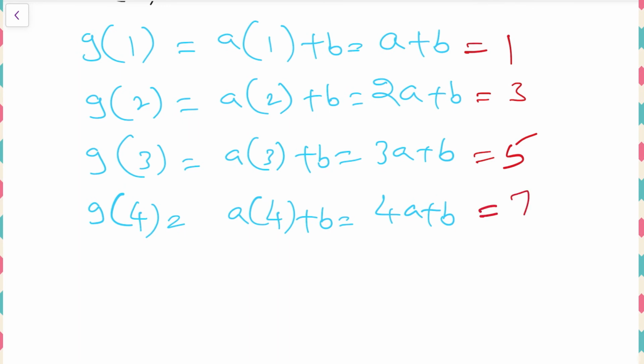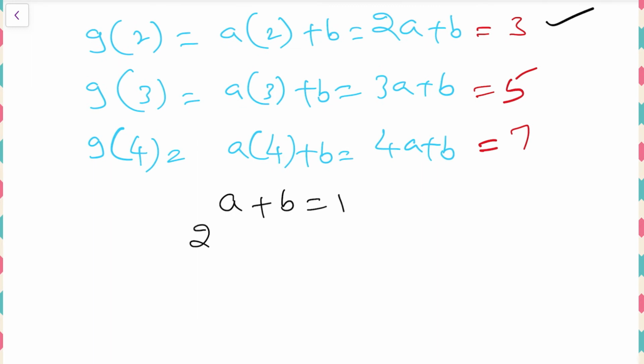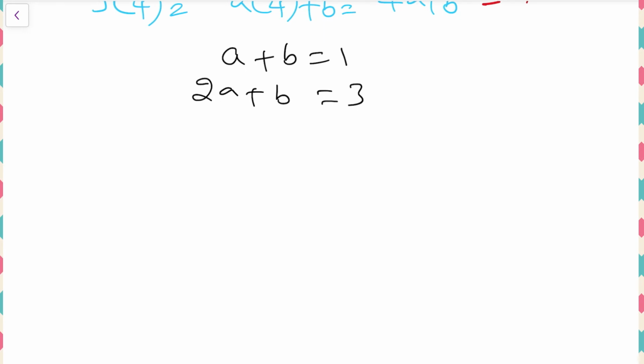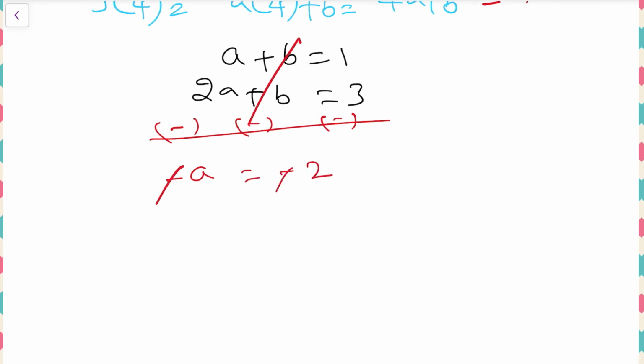Now out of all these 4, take any two equations of your wish. I am going to go with the easy equations only, that is the first one and second one. So the first equation we have a plus b is equal to 1, and the second equation we have 2a plus b is equal to 3. Both the equations I will subtract. So 2a will become minus a, plus b minus b cancel, 1 minus 3 is minus 2. Minus minus will get cancelled. So we remain with a is equal to 2.